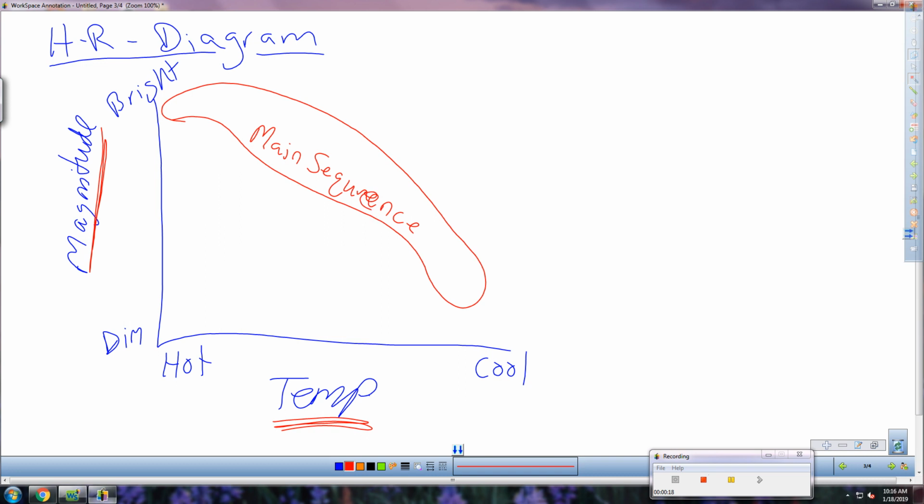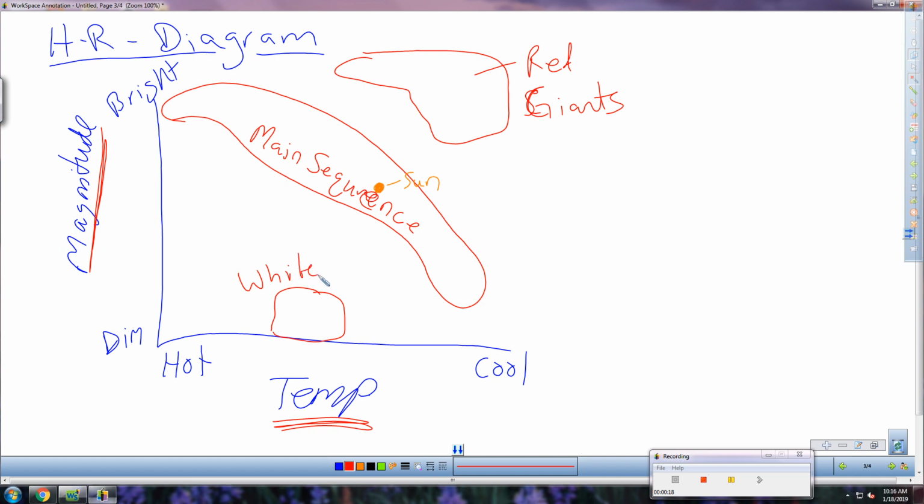Our sun fits, I'm going to do it in orange here. Our sun is roughly right about here. It's not too hot, it's not too cold, and it's not too bright, it's not too dim. It's a very average star. Then we have a section kind of up here, which are our red giants, giants, and supergiants. They all kind of cluster right here. And then we have a little section right about here, which are our dwarf stars. They start out as white dwarfs, but eventually they will phase out into black dwarfs and just kind of exist